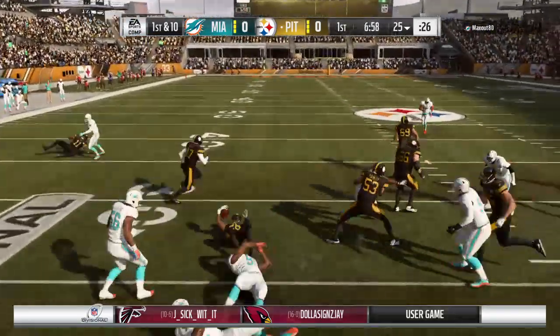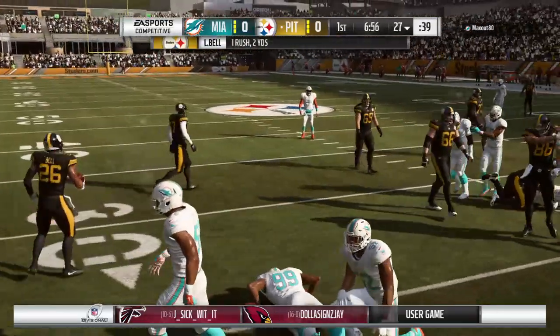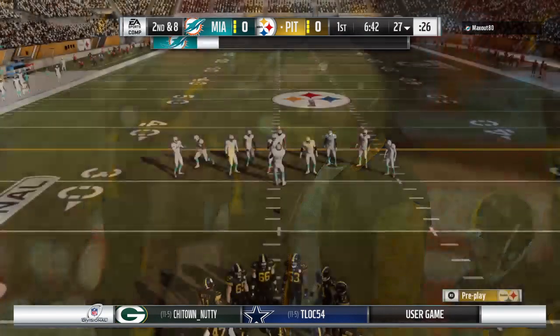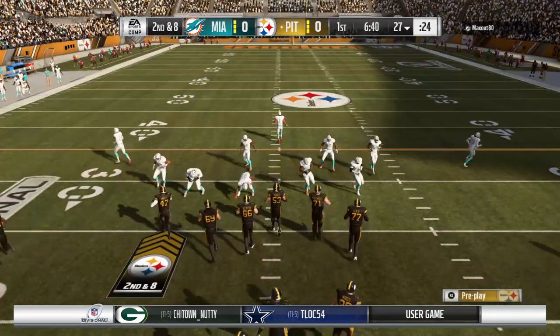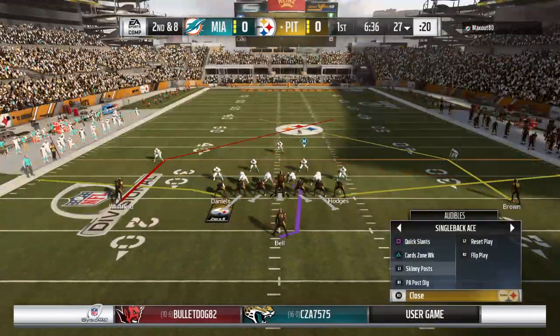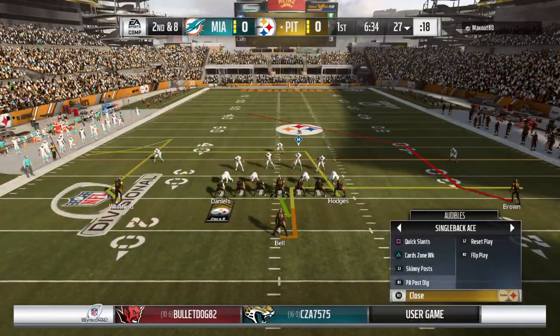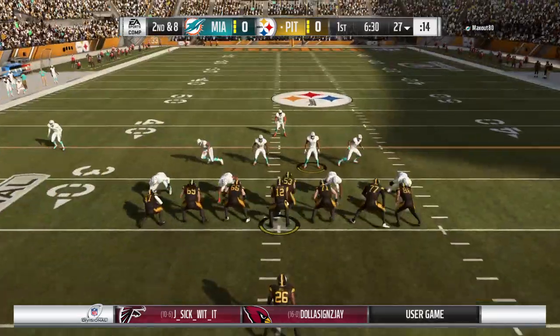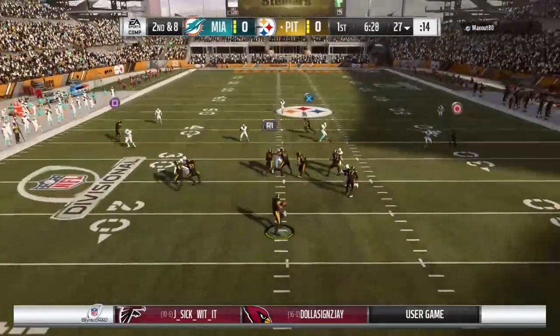Now a carry for the former Michigan State man, Le'Veon Bell. And he'll fight forward to about the 27-yard line. Give him a couple on the carry there, 2nd and 8. They tried a quick hitter inside, but that one was swallowed up because what they're hoping, those big defensive linemen will take the bait and move laterally and open up a crease that they can run through. Didn't happen on that